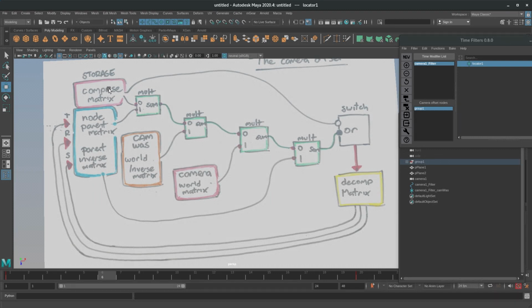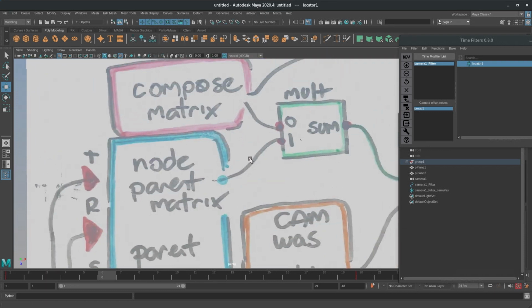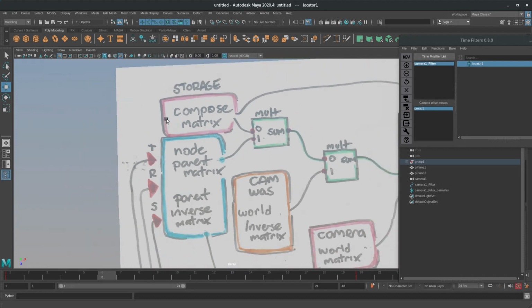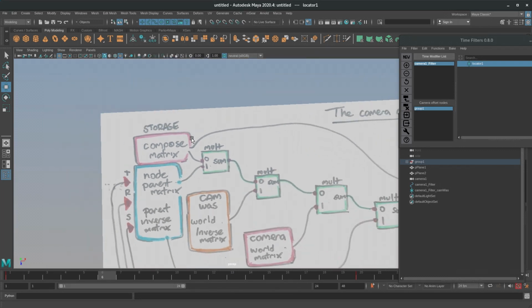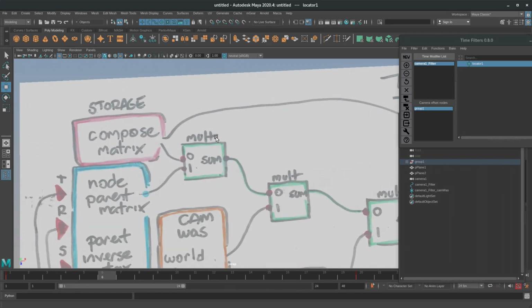So the first thing that happens is we create this storage node, which either takes the static transform or the animation of your original node, because this thing must support offset nodes that are already animated. This guy here is a duplicate of your original node. We take this duplicate node and multiply it by the node parent matrix, which gives you a duplicate matrix of what your original node is.